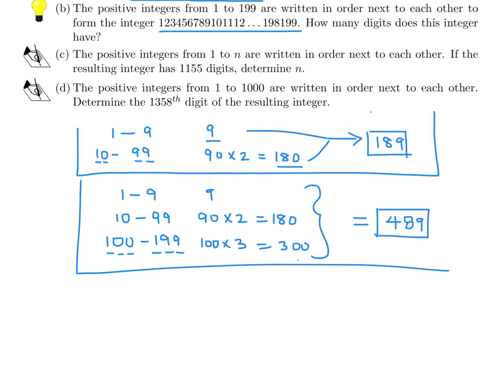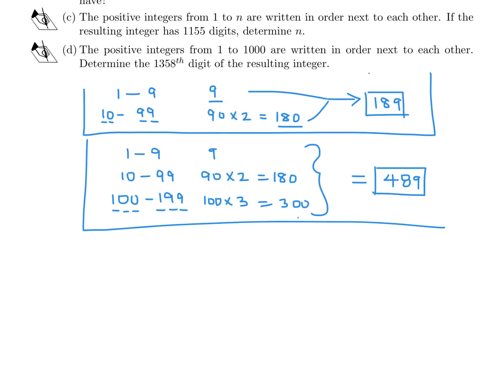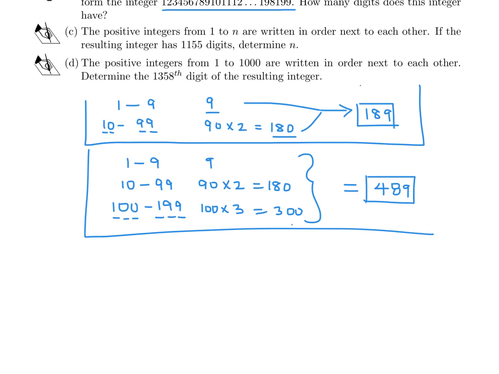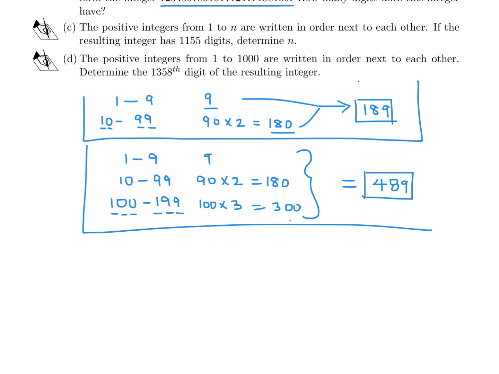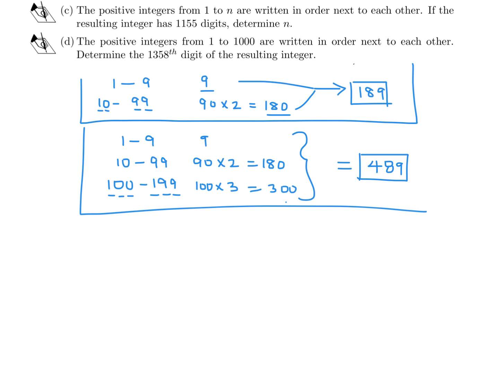All right. Moving right along, part C. The positive integers from 1 to n are written in order next to each other. If the resulting integer has 1155 digits, determine n. Okay, so a little bit different this time, but I think we can follow pretty much the same pattern as these two. Okay, so 1 to 9,